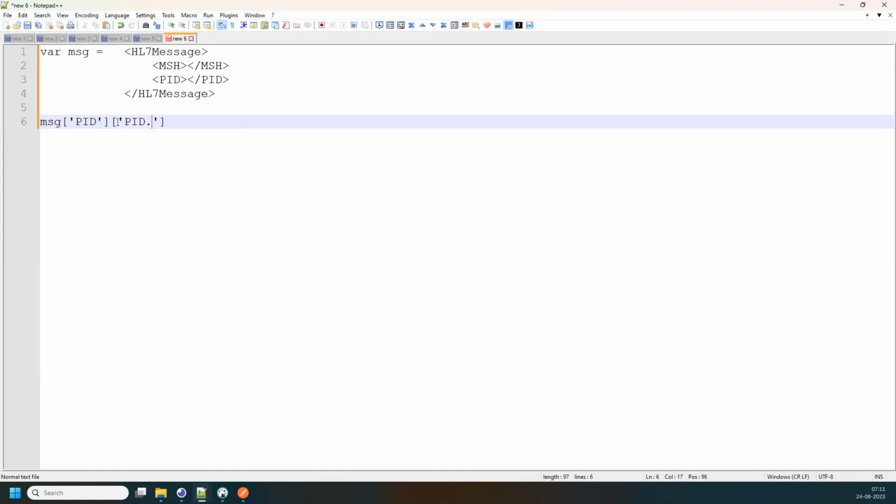So I'll say PID 7, and then I'll go to PID 7.1. And this will fetch me the date of birth of the patient, right? So if it is an incoming HL7 message, this is how you write it. If it is